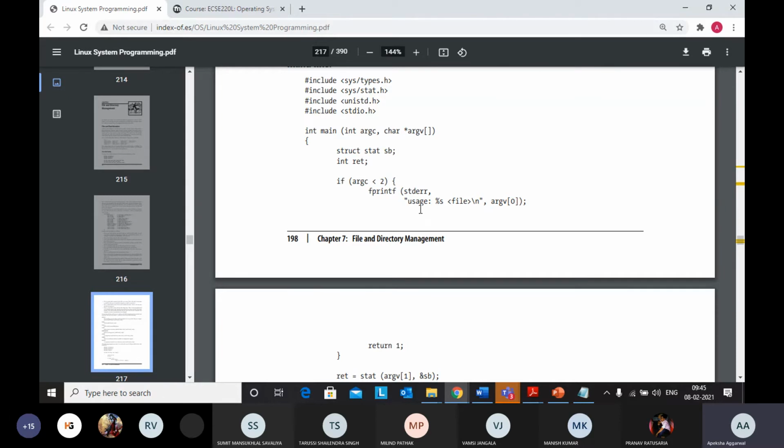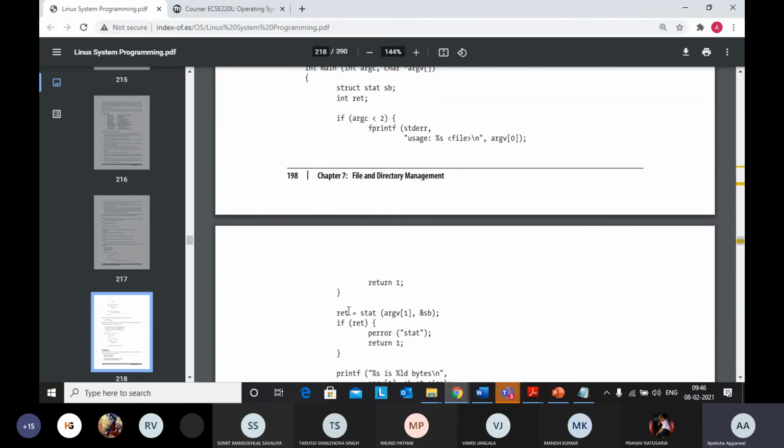While executing, you need to pass the name of the file, or whatever you want to store in argv, along in the command line itself. If its length is 1, that means you have not passed anything in the command line, so it should print a standard error.